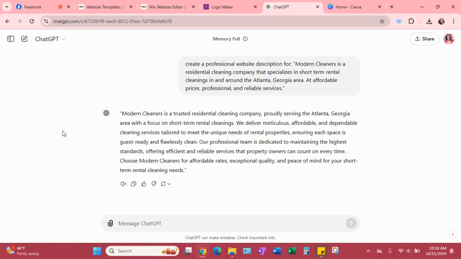So it says Modern Cleaners is a trusted residential cleaning company proudly serving the Atlanta, Georgia area with a focus on short-term rental cleanings. We deliver meticulous, affordable, and dependable cleaning services tailored to meet the unique needs of rental properties, ensuring each space is guest ready and flawlessly clean. Our professional team is dedicated to maintaining the highest standards, offering efficient and reliable services that property owners can count on every time. Choose Modern Cleaners for affordable rates, exceptional quality, and peace of mind for your short term rental cleaning needs. See, this sounds way better and more professional than this, because I've just noticed,